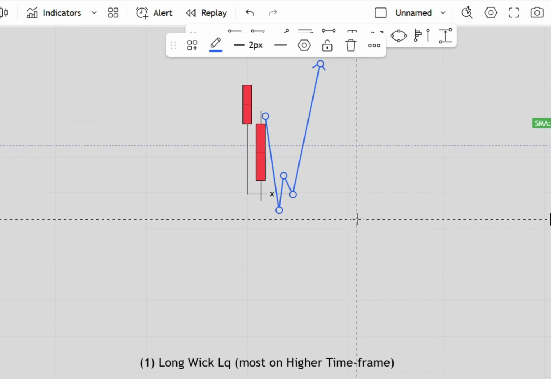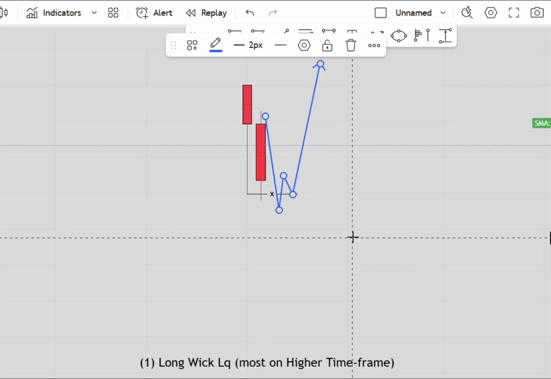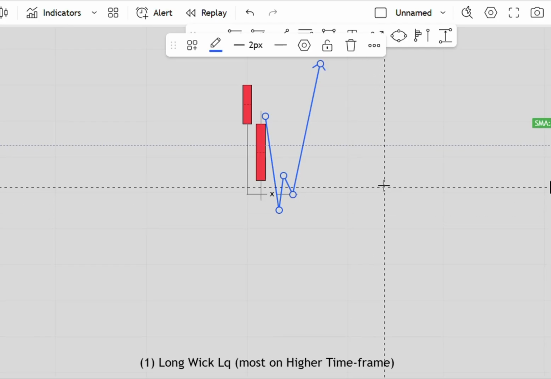So this is an example of how I use the long wick liquidity. It does work most times. Most of the times it does work, yes. So I use it very often, especially when I spot it on the 4 hour and the daily time frame. I use it. I wait